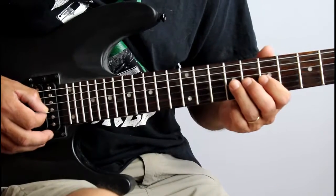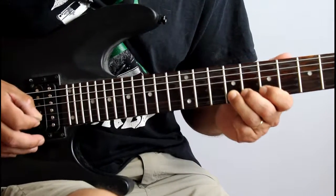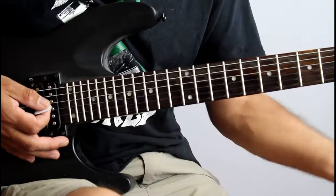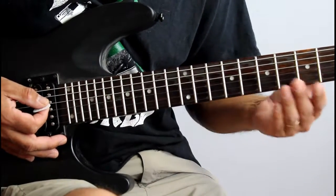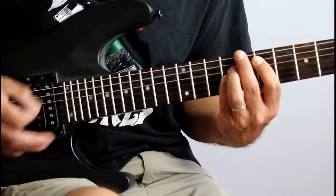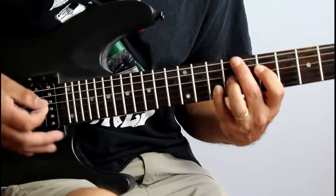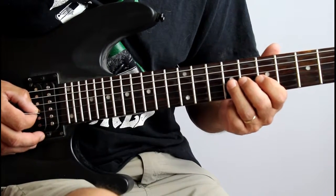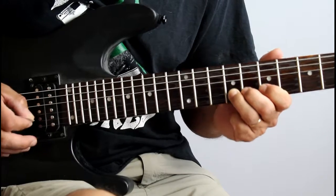Okay, so after that, which this little part here at the end of that line, which is now going to jump into, as far as the rhythm section goes, it's going to go back into the chorus part. And the guitar solo is going to change to double time. So after this cue,